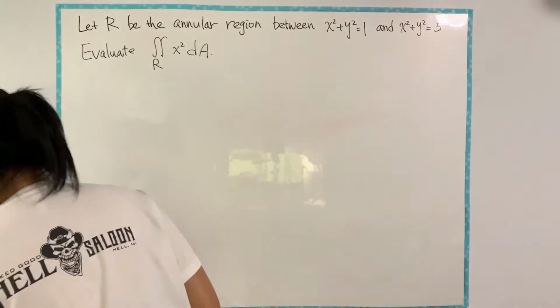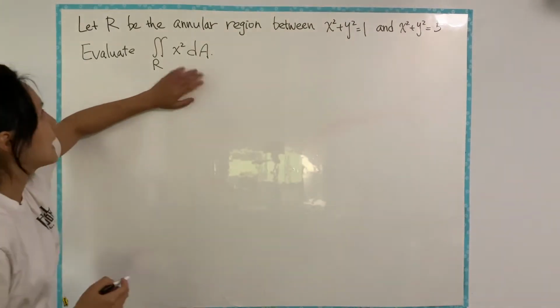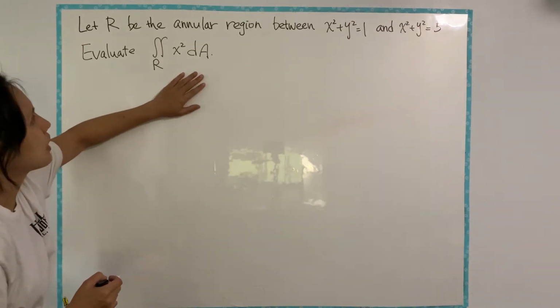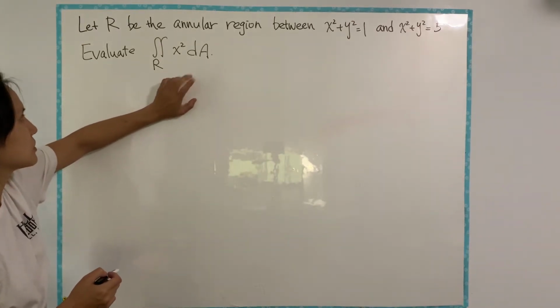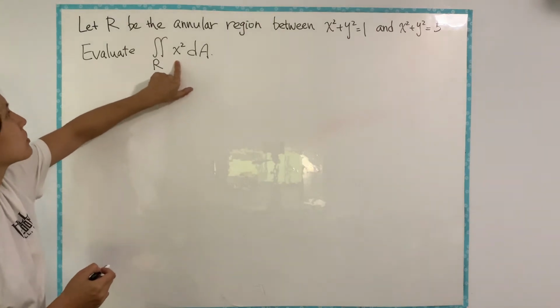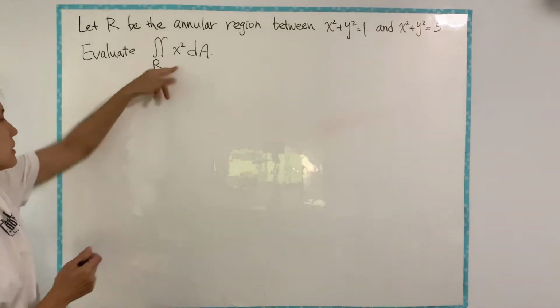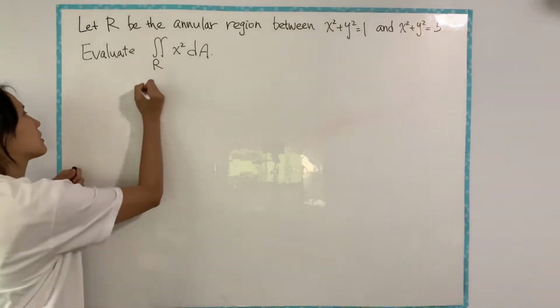Let us look at this example. We have a region R, which is the region of integration, and we'd like to evaluate this double integral. So according to the instruction,